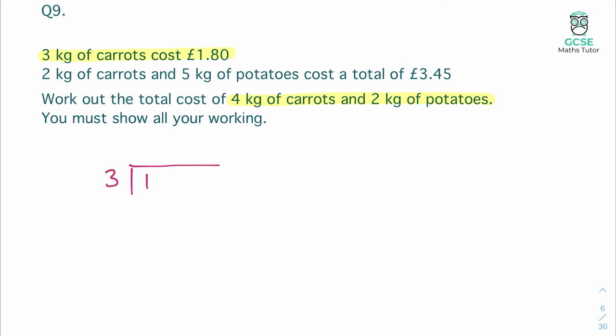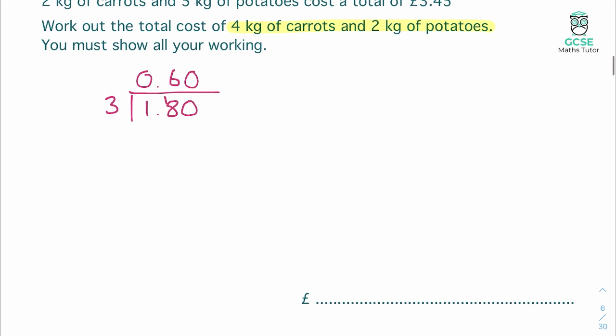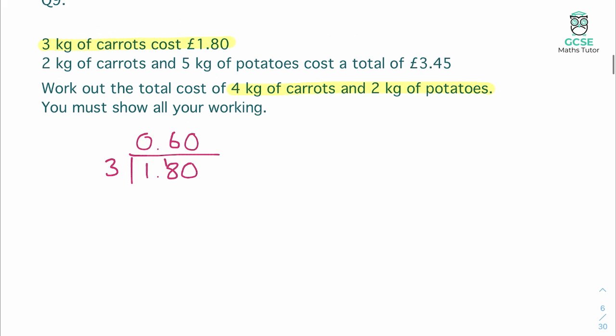So if I do bus stop method again, and I can't divide 3 into 1, so 0. Carry the 1, and then it's 6, so 60. So that's 60p, but I'll leave it as 0.60. As I can already see on the dotted line, it wants my answer in pounds, so I'll keep it in pounds. So 1 kilogram of carrots